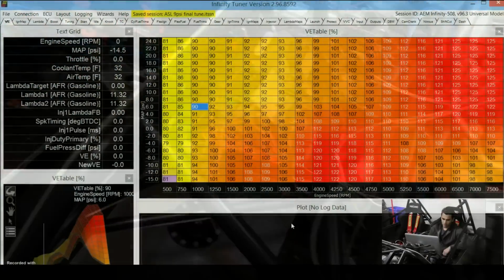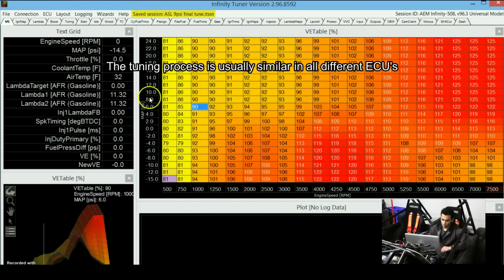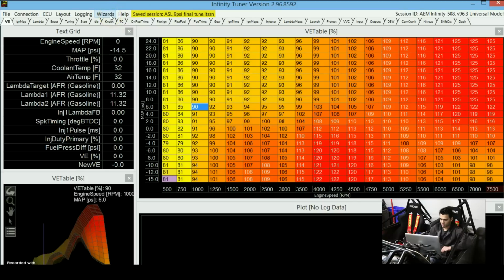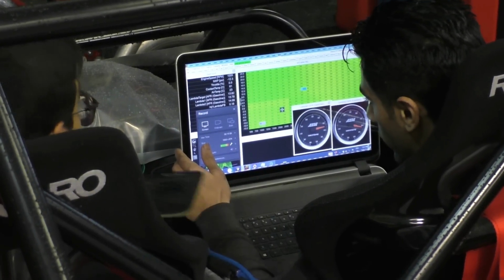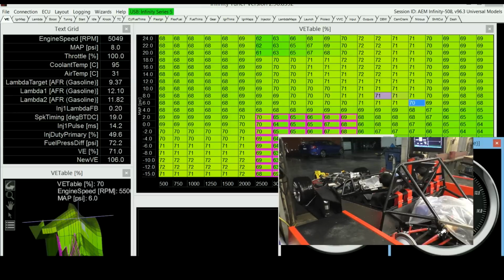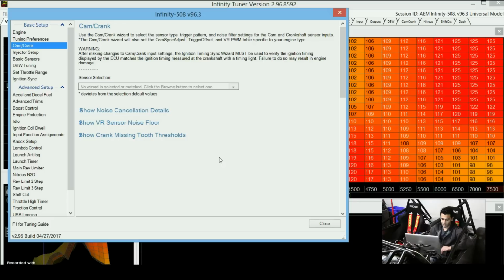Okay, so now I'm in the car, I have my laptop plugged in, and this is the software that you'll need to program the Infinity. For every different ECU there's different software, but what I want to go through is that I'll start off by showing you everything you need to do to get the engine started with this ECU, and then later get into the fun stuff of what values I'm looking for when I'm running the car on the dyno, showing you the dyno runs and how these tables look when the car is going through the full engine load range. But starting off with the basics, how to set up the ECU